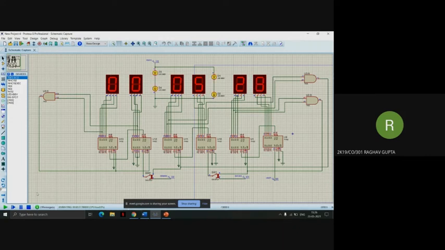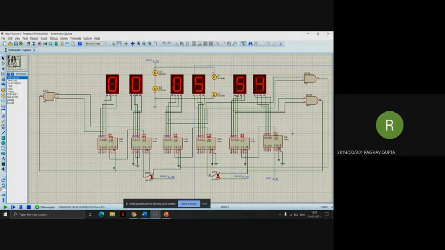The hours block working is completely different from the minutes and the seconds block. It receives 1 pulse per hour from the minutes block by connecting the output terminal of this AND gate to terminal 5 of the fifth IC. 1 pulse per hour is the result of the reset of the whole of the minutes block. Since the circuit is for the design of a 24-hour digital clock, some restrictions have to be set on both of these ICs, the 5th and 6th IC.